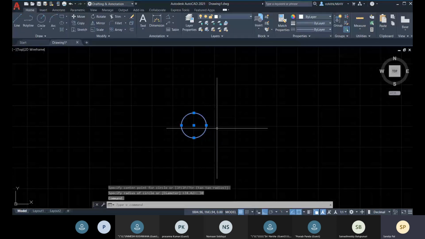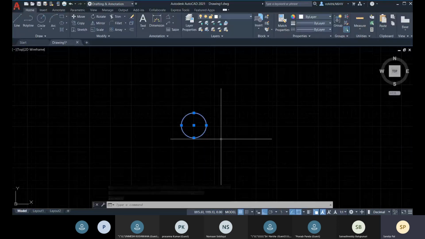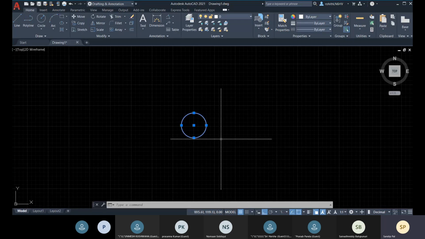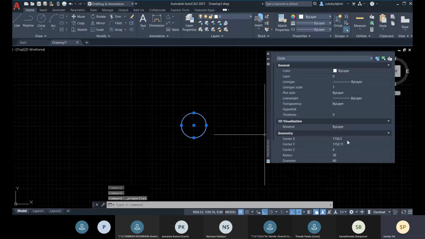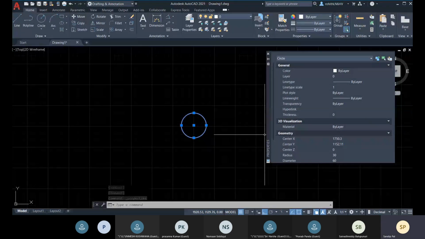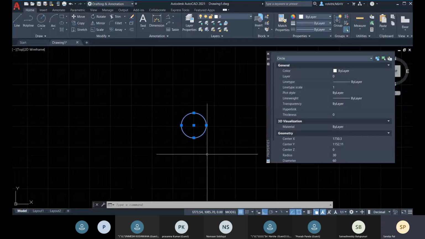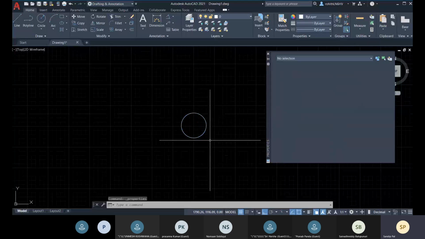So how can you check it? You can select that circle or any object. If you want to get all the information of that object, just select it and press Control 1. Control 1 is the properties palette. Here you will get all the information of this object.